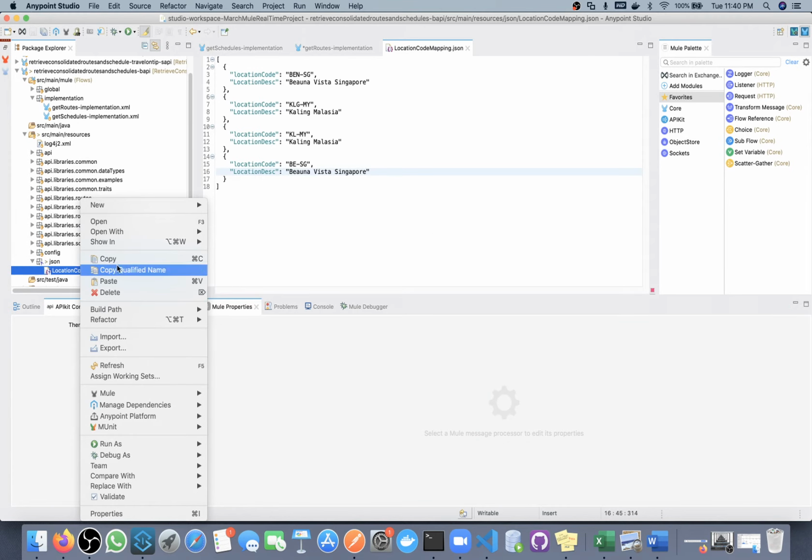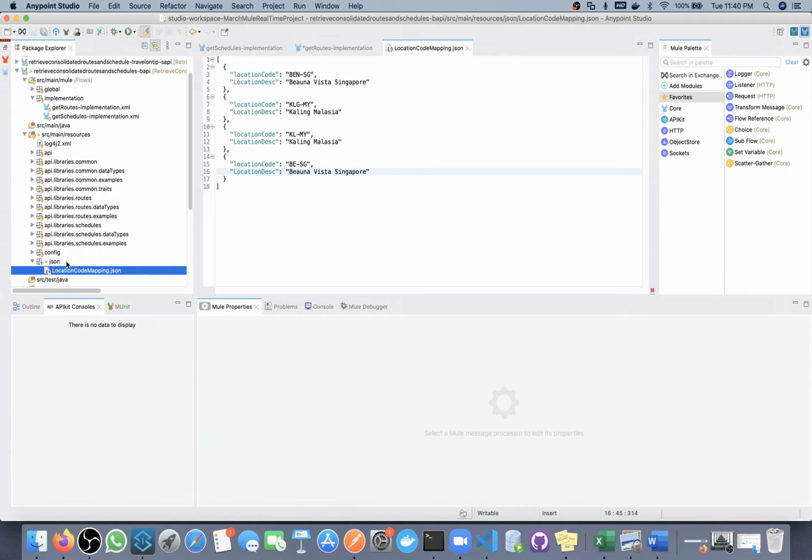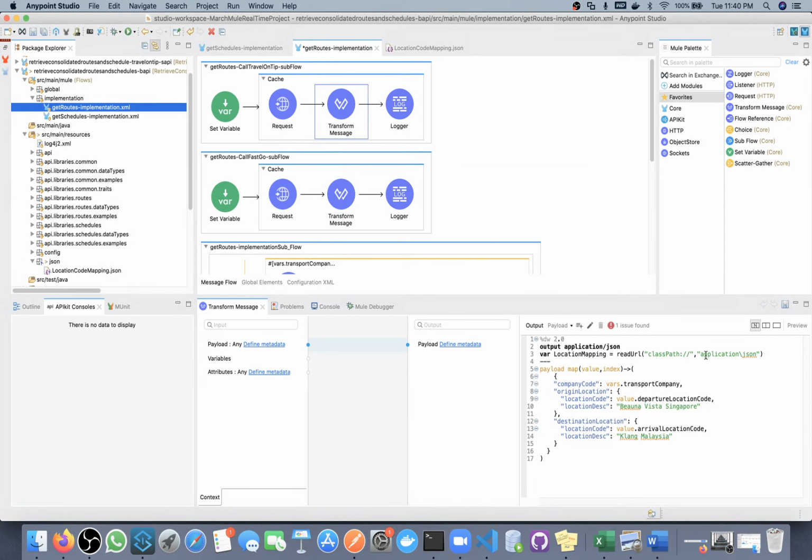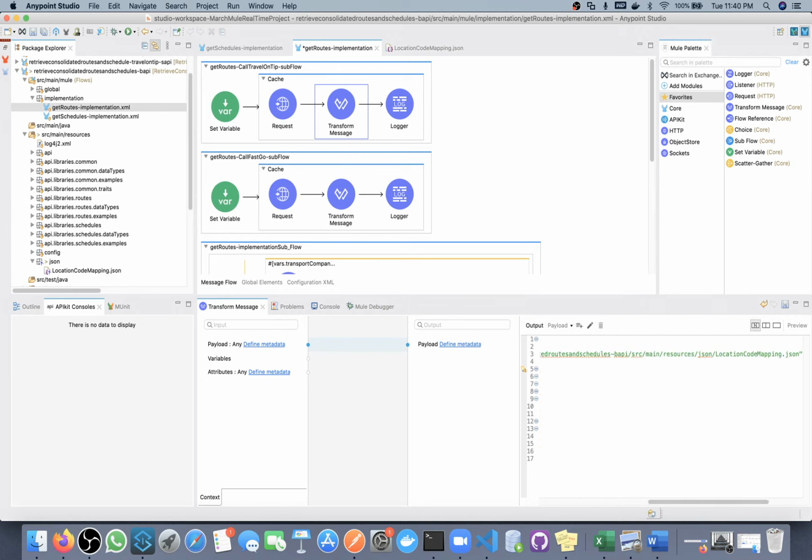So I will copy the qualified name. What is my folder name? JSON slash. In the qualified name you will get everything.